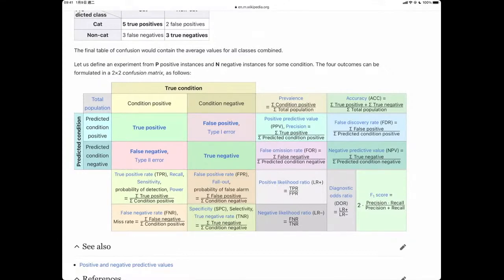Sensitivity or recall means the percentage of true positive to the summation of true positive plus false negative. 好，所以其实这个表格没有什么特别，就是这四个值的各种比值跟加减的组合变化而已。